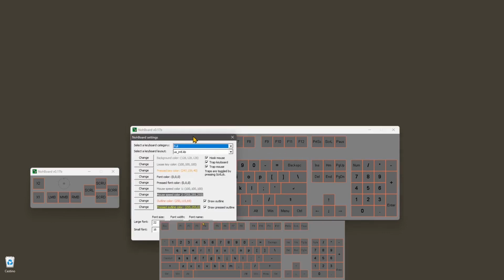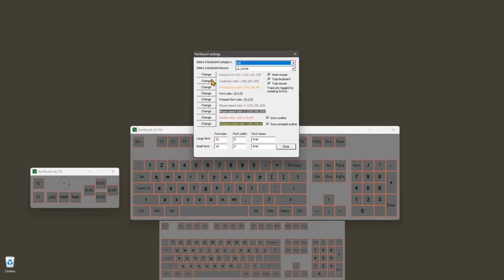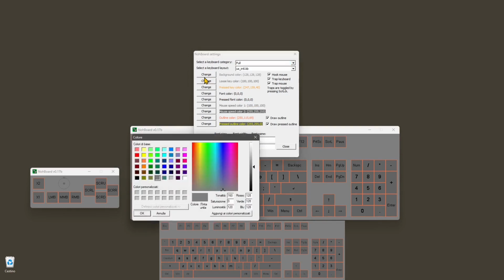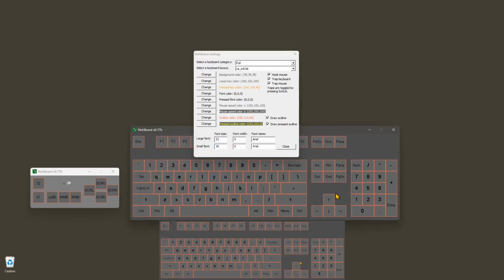And other important things, well, this is where you change the colors. So you click here, you can change the background color, make it darker, make it brighter, depending on what you want. Now you can also hook the mouse, trap keyboard, trap mouse,